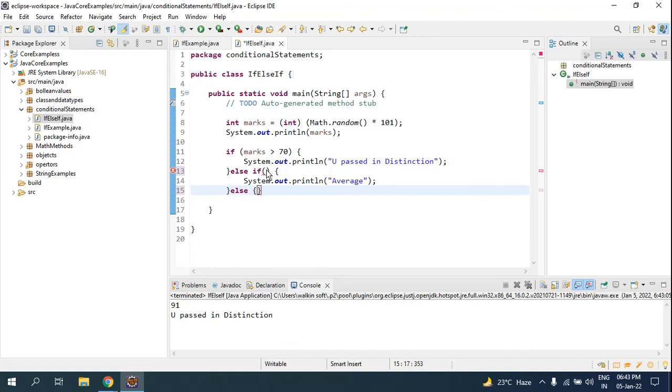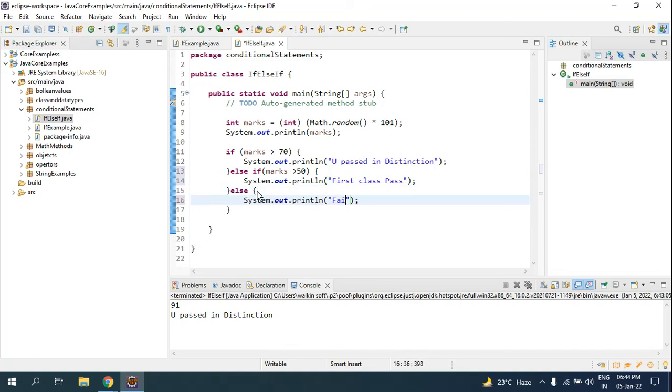Here, if marks is greater than 50, it should show me first class pass, and in the else I'll be giving fail. If I get less than 50, it should be a fail.